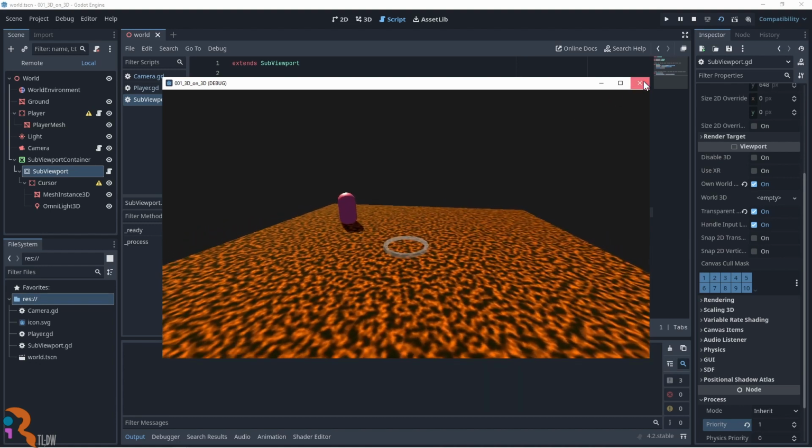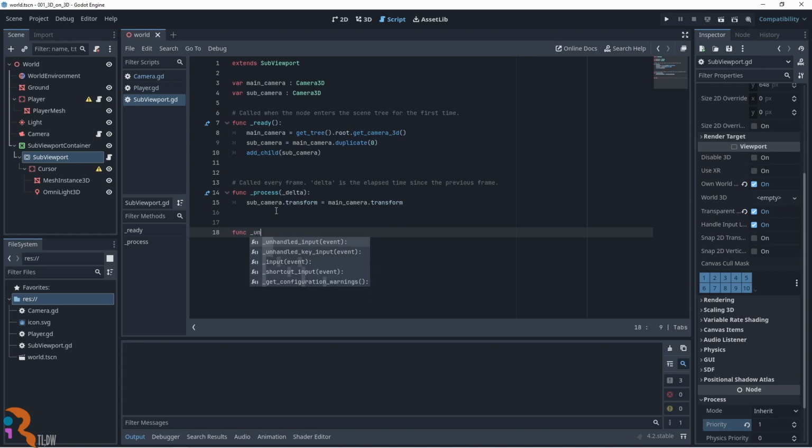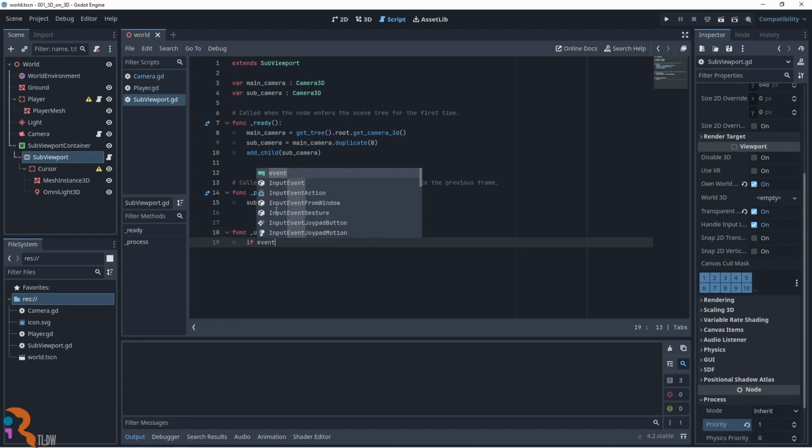It is now almost finished. It is sufficient to make sure that the cursor follows the projection of the mouse on the ground.